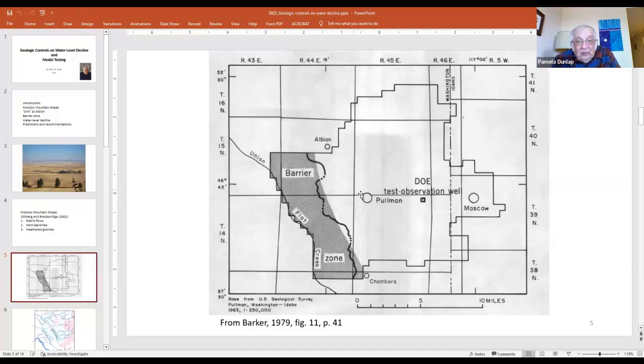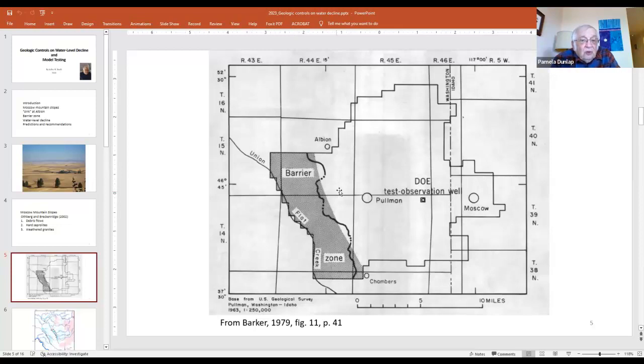And so most numerical models and most thinkers take the hydrological attributes determined from the Pullman and Moscow area, where we have lots of wells, lots of tests, and apply them to this barrier area or the entire area on Union Flat Creek. It's my thinking that those areas have lower hydrological parameters, and what I mean is something like hydraulic conductivity. We know that the very high numbers come out of the Pullman-Moscow area. I suspect if we really could get some data, they're going to be much lower out here in this